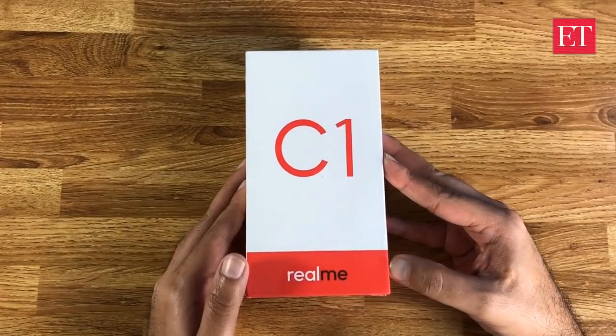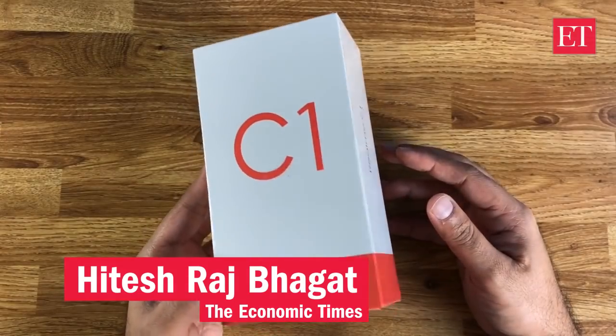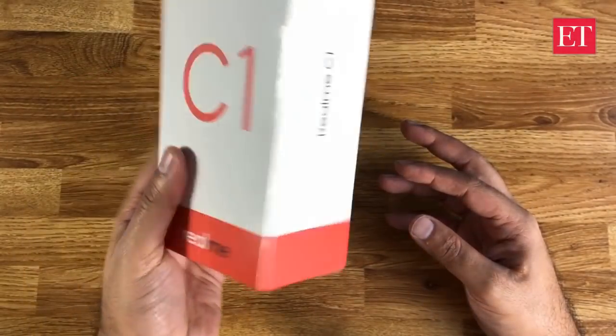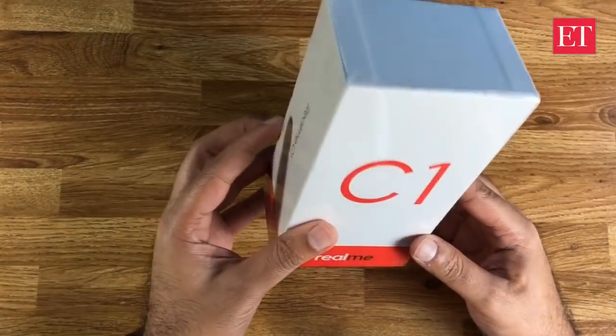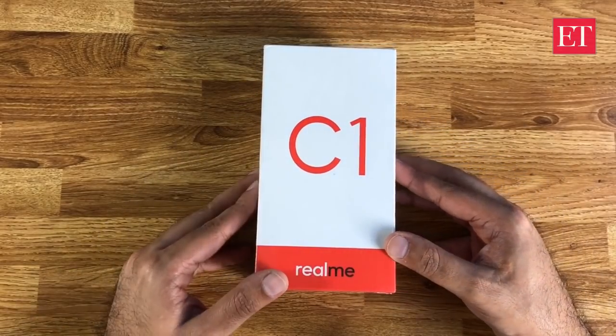Now, this is one of the phones that is going to launch during the Big Billion Days festival of Flipkart. And as you can see, there is really nothing on this box at all. It's one of the pre-release units, so no stickers, no specs of any kind. But we do know that the device obviously will be the same and the contents inside the box are going